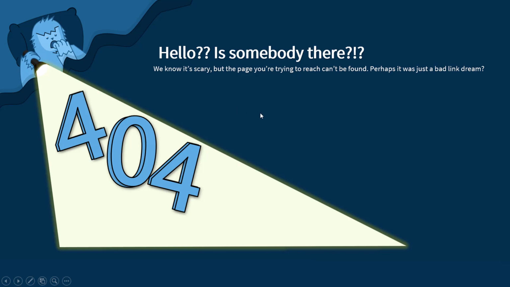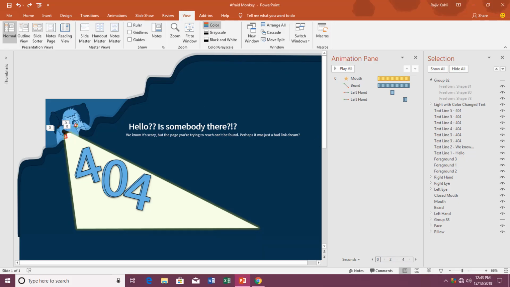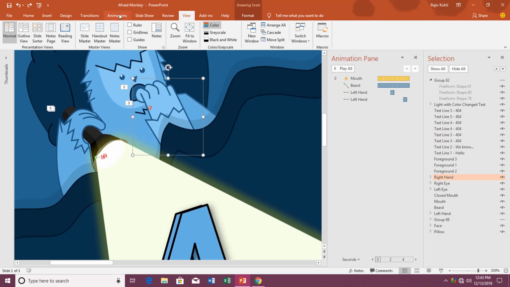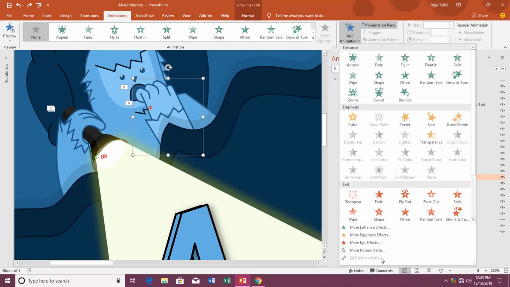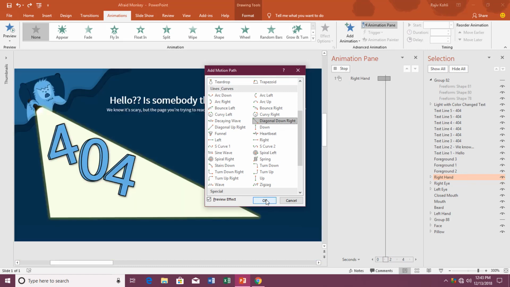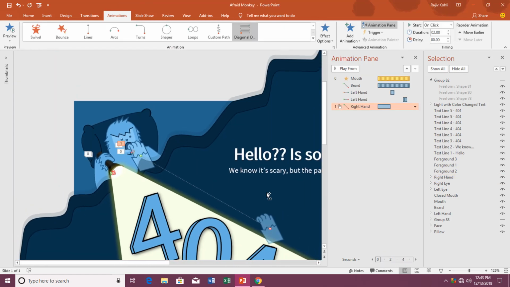That's fine here. Now let's move further, and now the fifth animation will be on the right hand. Select the right hand, zoom in a little bit, and for the right hand I will apply the motion path, and that will be diagonal down right. Hit the OK key and adjust the path length.